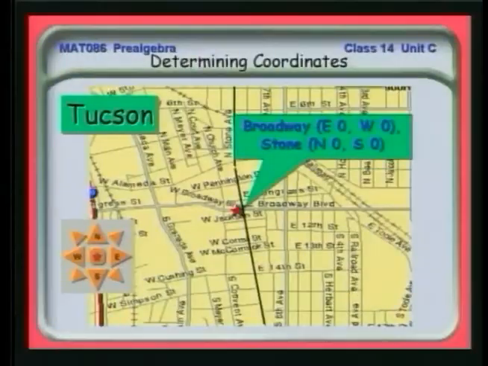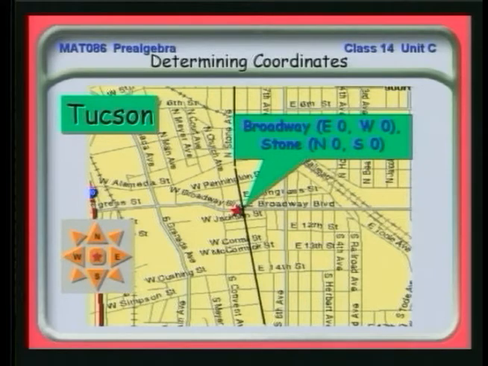Let's take a look. This is a map of the center of Tucson, and I've shown the intersection of Broadway and Stone here. The reason I've done this is that it's the geographical center of the city. Stone Avenue cuts north and south through Tucson, and it divides east and west. If you're on Broadway and you're going to the left on this map, you're going west. If you're going to the right from there, the addresses will be east.